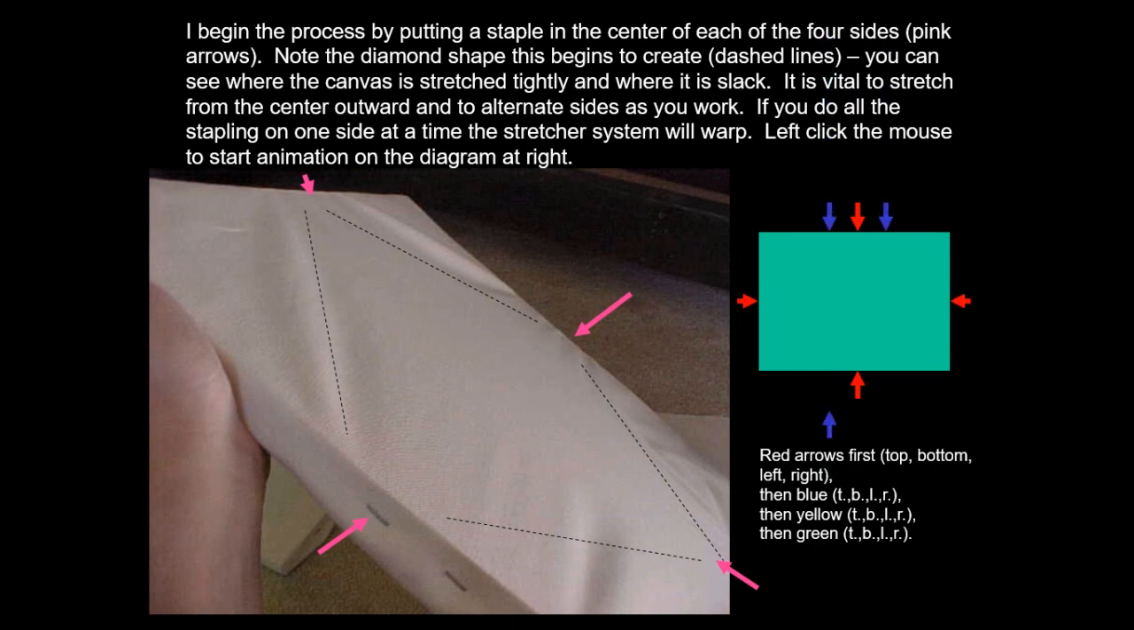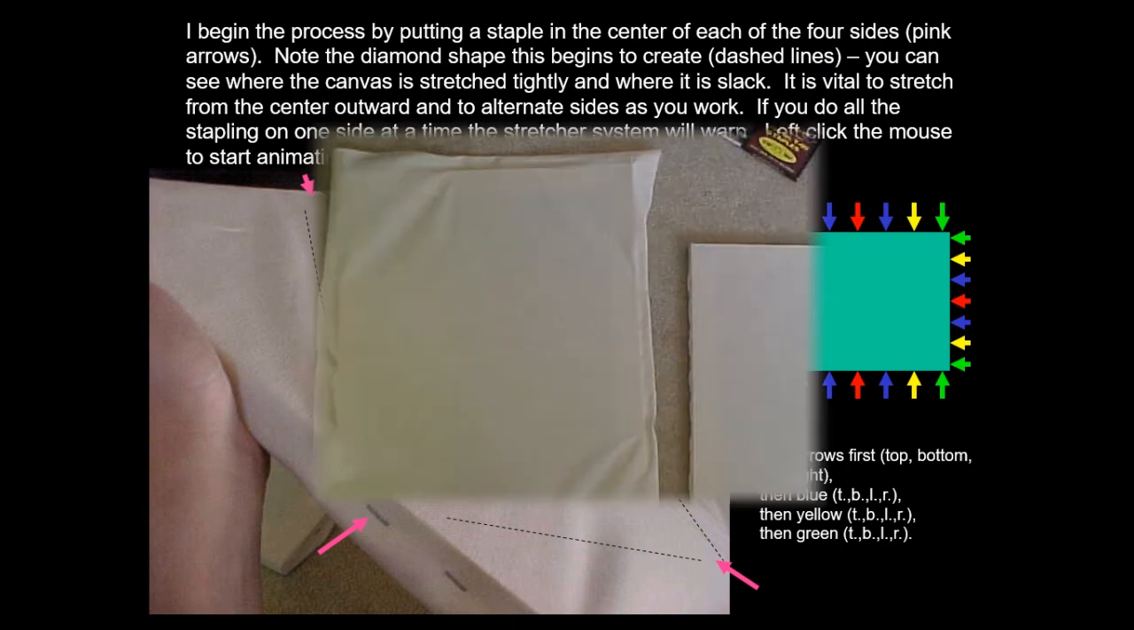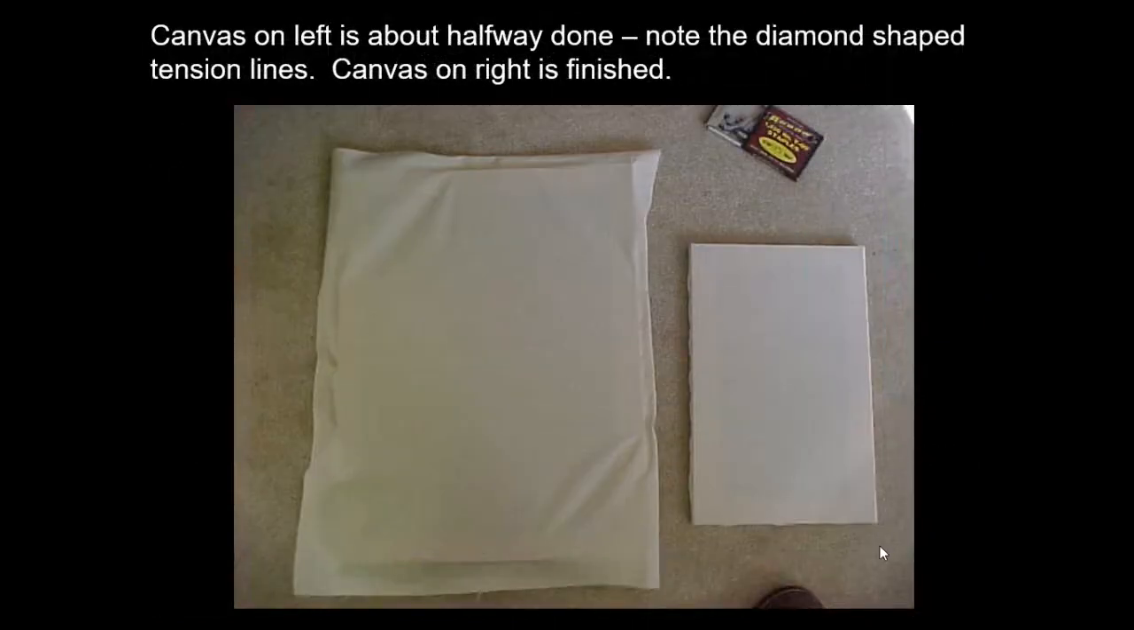There's my first staples, here's round 2, round 3. So you can see I'm working my way out to the outer corners. Here's the last one. And that way I have even stretched pressure across, or tension across that whole surface. So you can see here,